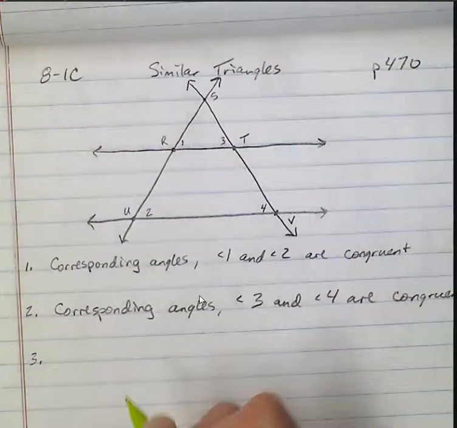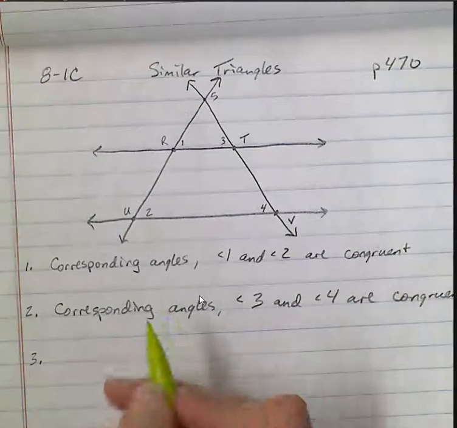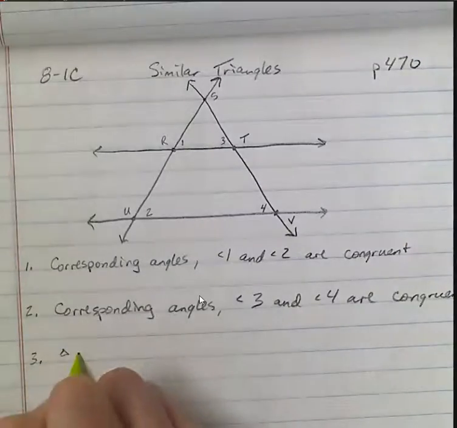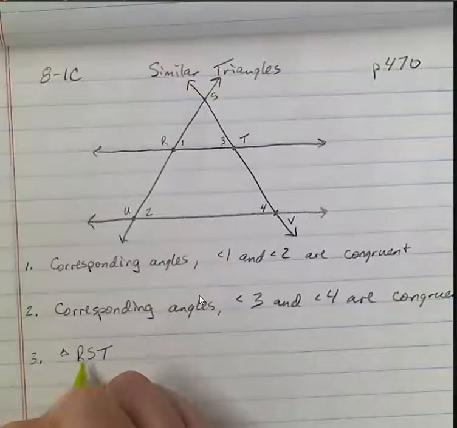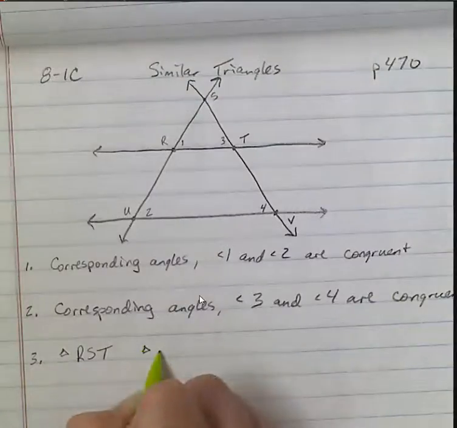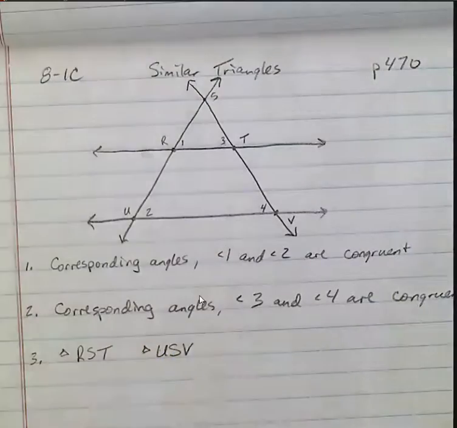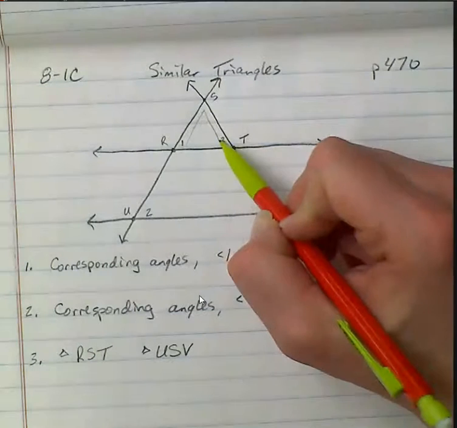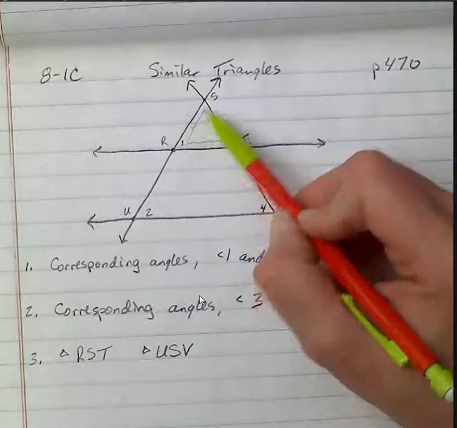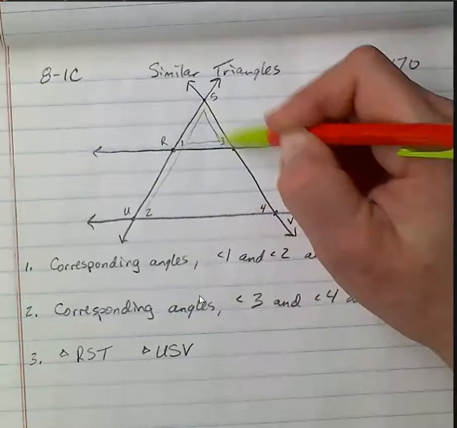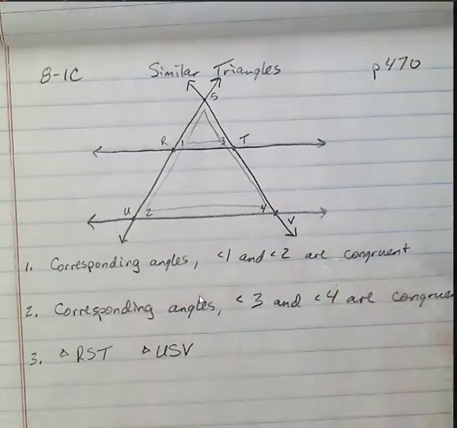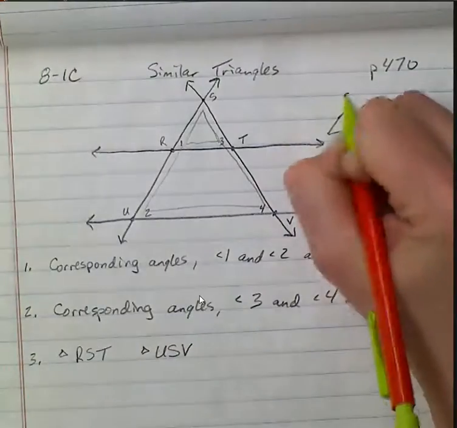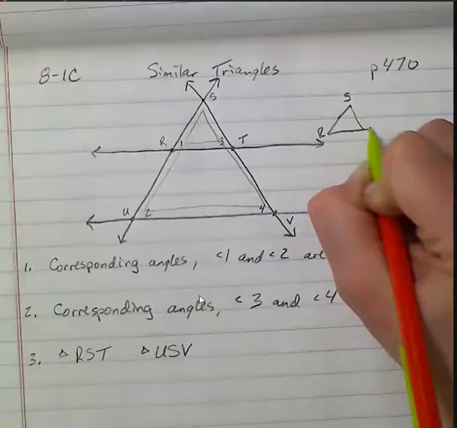Question 3 then says, what conclusion can we come to about triangle RST and triangle USV? First of all, does everybody see those two triangles? Do you see this little triangle here, RST, and this bigger triangle, USV? So I could, if I wanted to, pull out, you don't have to draw this part,